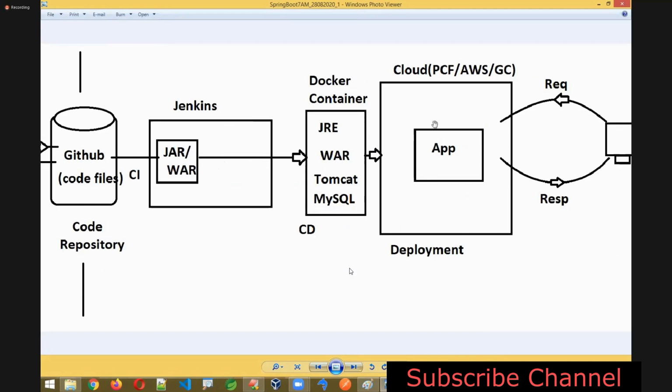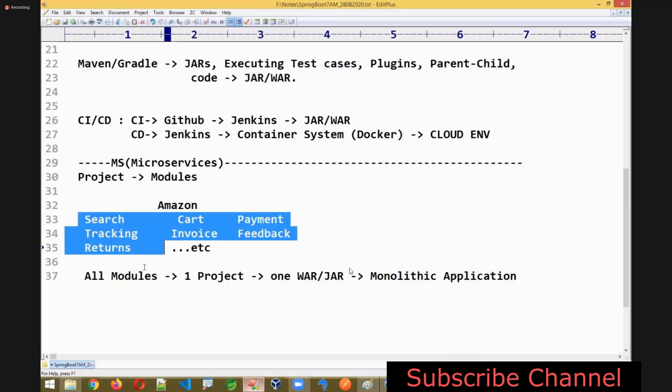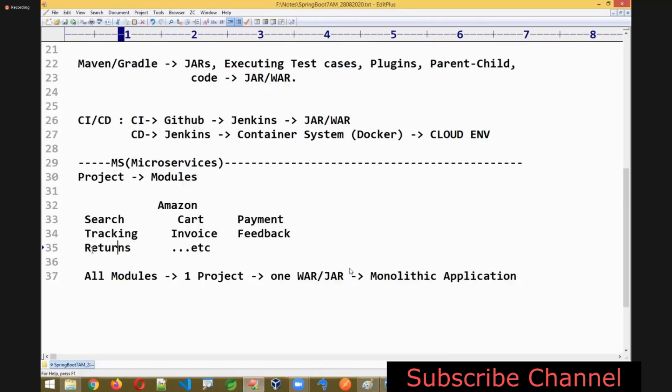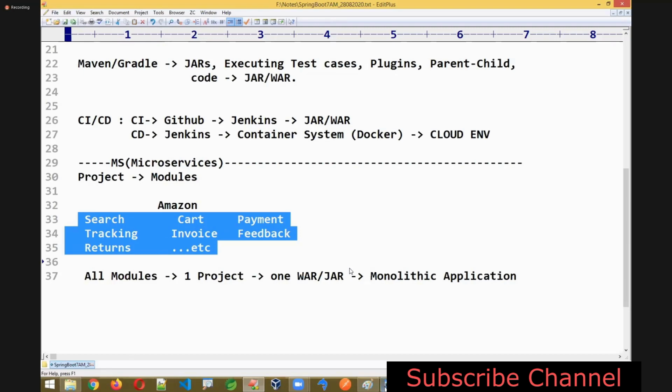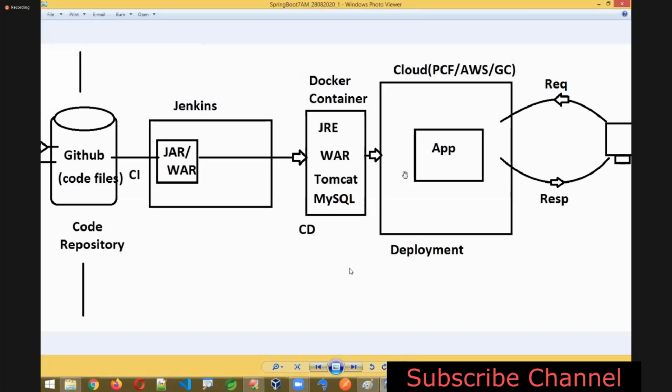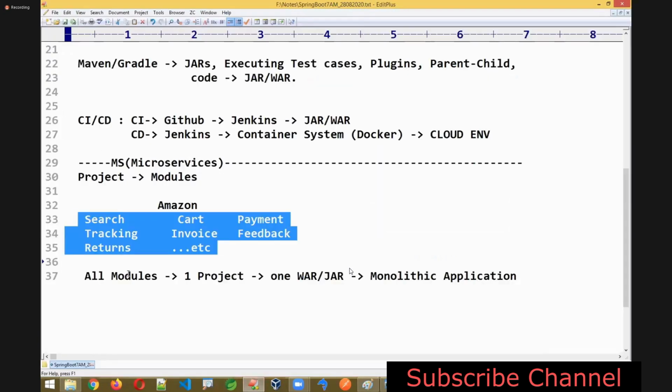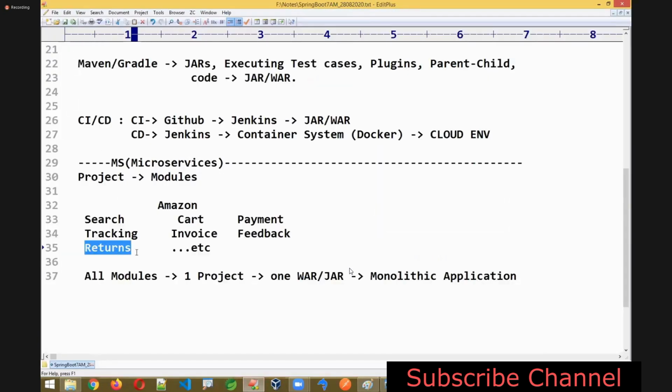It's like a redoing process for the complete modules here. Even though you just modify one, it has to do modification for all. Meanwhile, the software you are using will be stopped for some time. That's really not good. And even an exception in returns may not let the application function properly, and that may stop the complete